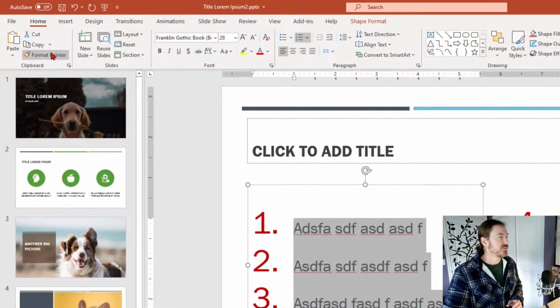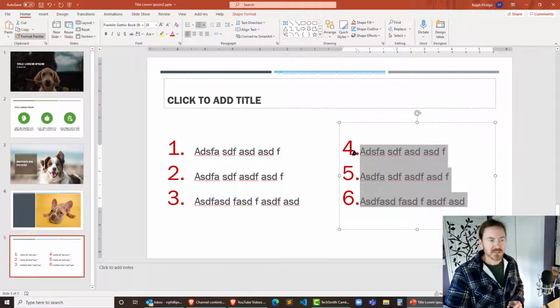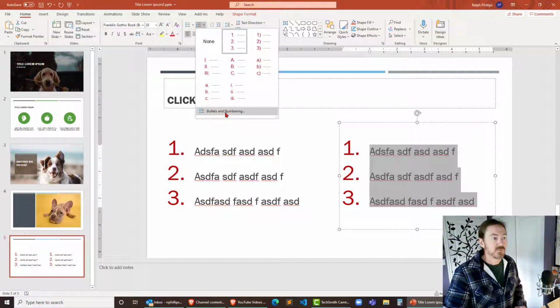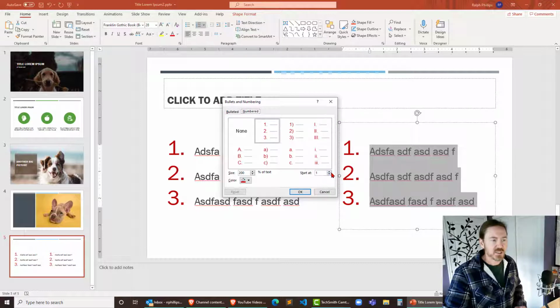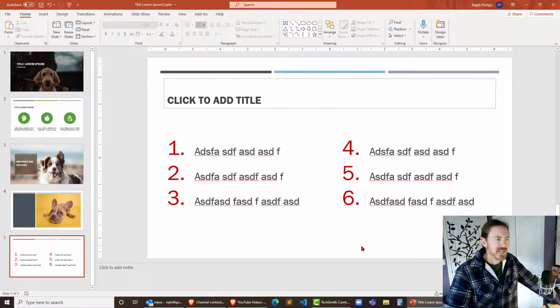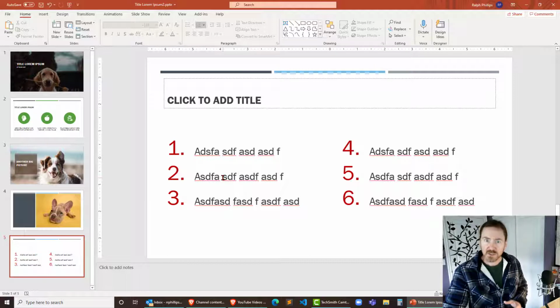Again, I can select these, go to Home, Format Painter, and select those. Now you see that my numbers got whacked out again. No big deal. It's already selected really. I'll go back to my numbered list, go to bullets and numbering, and again, I can just change this up to 4, click OK. Now I'm satisfied with that. I've got a nice large font. I like those big numbers on there,